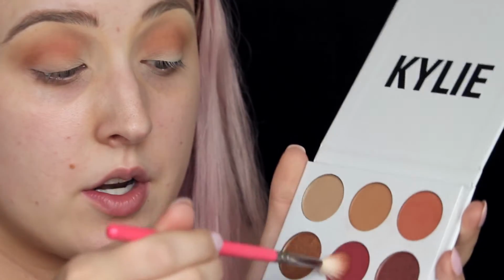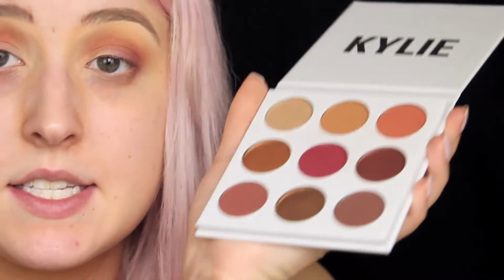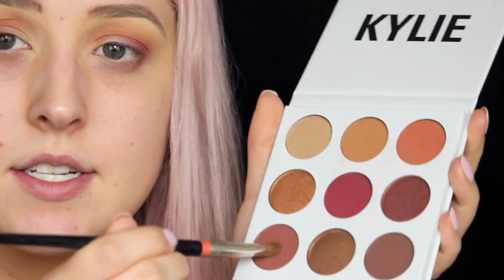I'm going to take the middle burgundy shade because I know that one a lot of people are excited by. I'm going to apply this on the outer corner with that same blending brush. For a fluffy blending brush that is applying quite pigmented, if you can see that going on, that looks quite lovely. Also blends well. Let's take this burgundy chocolate and